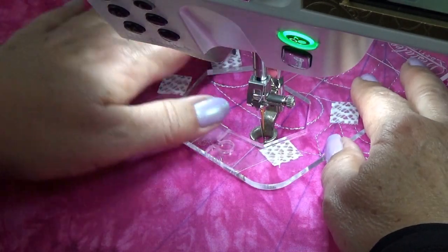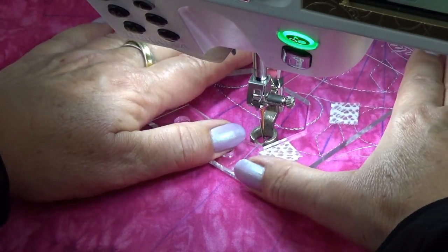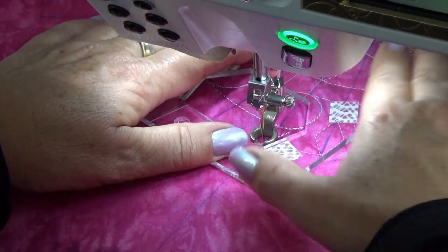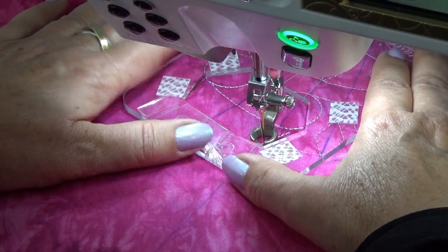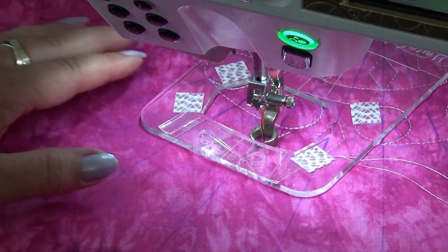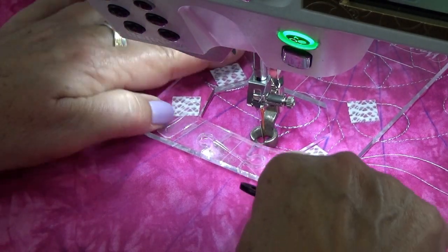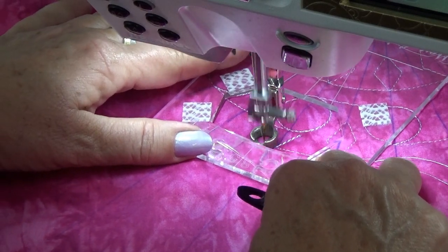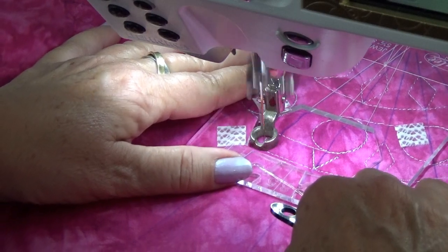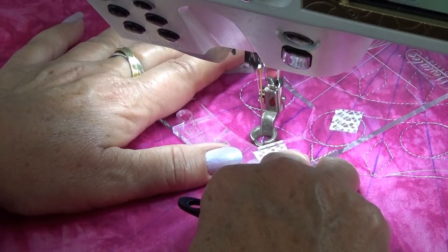I'm going to rotate my template, lining it up. I'm going to stitch until it stops, and I'm going to come back. Then at this point, I can move my template and line up my next diamond on the very next line. Remember, this one we're doing every line. Stitch down, come back, stitch down,